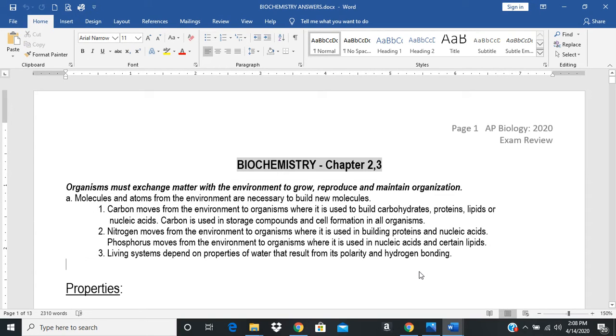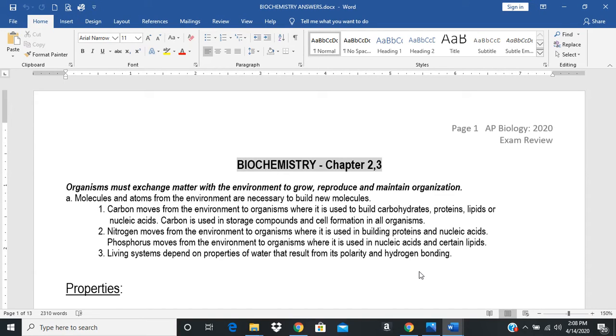Okay, we already know carbon moves through the environment. We know that it gets cycled. We know that it is used to build carbohydrates, proteins, lipids, nucleic acids. Okay. And we know that organic compounds consist of carbon and hydrogen. In addition, they also have nitrogen and phosphorus and a little bit of sulfur, especially when we are talking about proteins. Okay. We also know that living systems need water to live,